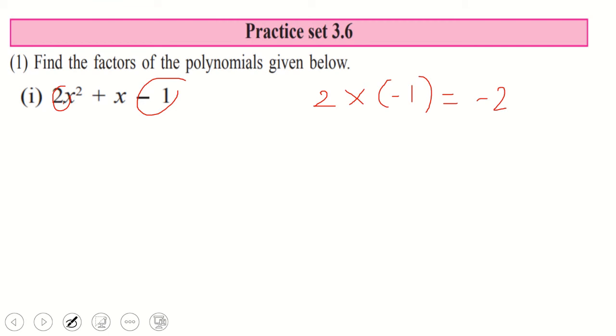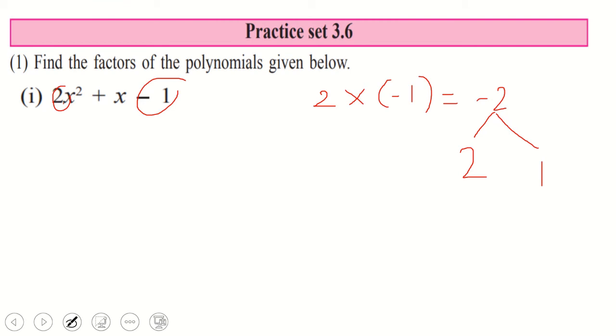Now the next thing, the sign of the third term is negative. You can see that here we have got the negative sign. So we have to think of subtraction. Two numbers whose multiplication is 2 and difference is 1. Okay, for difference you have to see the middle term. Only x is written there, x means 1x. So we will split 2 as 2 into 1 because 2 ones are 2 and 2 minus 1 is 1. So we got the numbers.